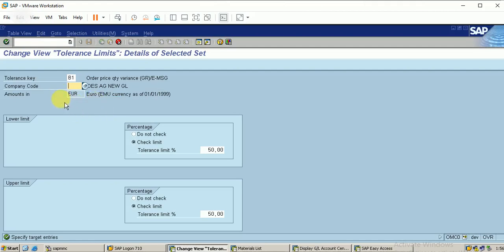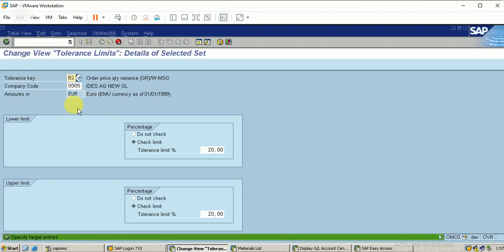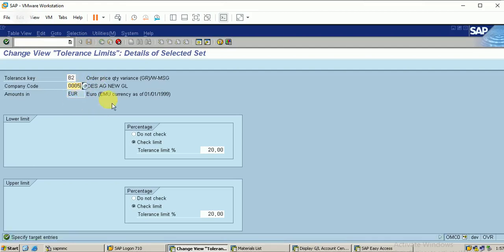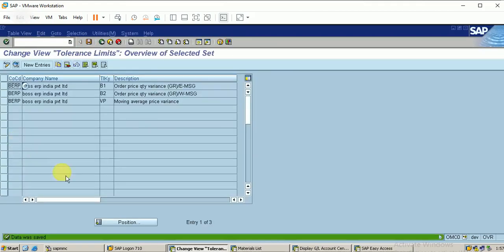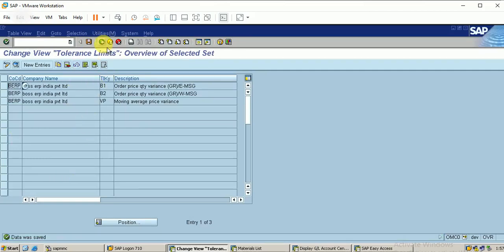But the currency, the amount in local currency, might be changed. Let me check it. I'm changing the company code. Okay. I have set the tolerance limits.